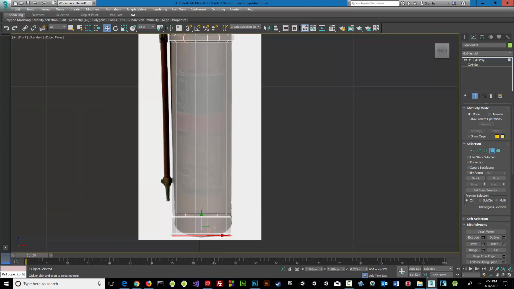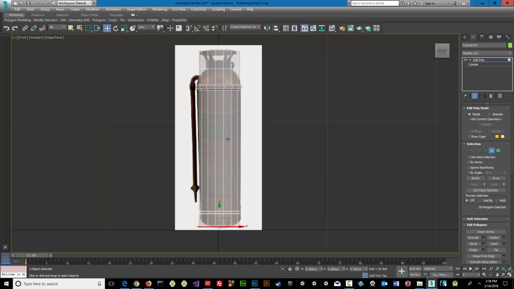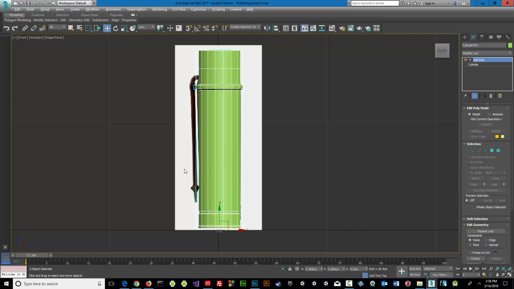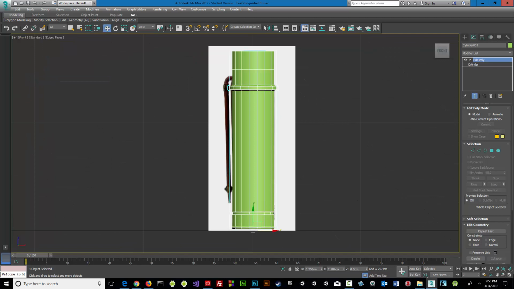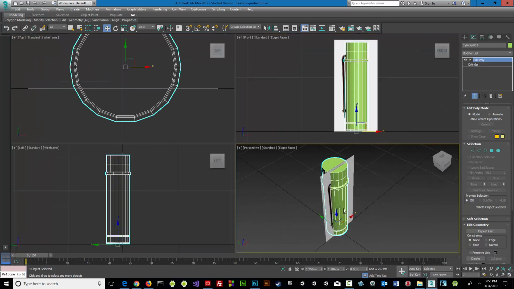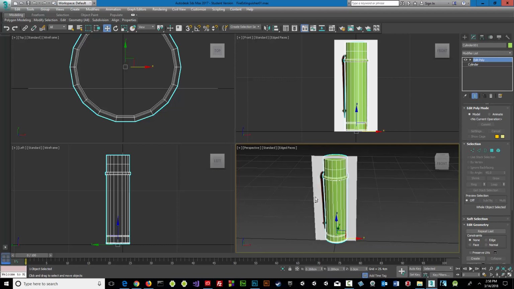So far, let's take a look at what we have so far, and I'm going to deselect polygon, do Alt X, and so far, oh, I did move around in the front view. Let's get out of the front view and go to perspective, take a look, see, so far we've got our shape there, right? So now the next thing is we're going to insert 3 more edges right between the notch here and this line, right? So let's go ahead and do an Alt X. We're going to go back to our front view,